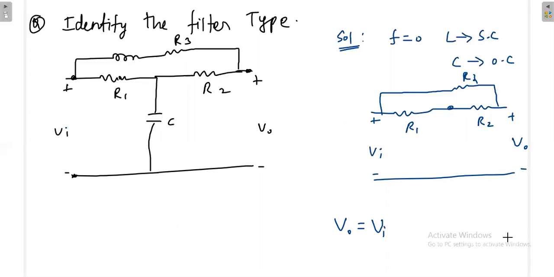Please go to the computer and do the simulation, then only you will understand. Draw the circuit, observe the input and output relationship. You give some input, 5 volt, observe the output. The output also will be 5 volt. So the output is exactly equal to input in this case. In the beginning you cannot tell, but this is like the end of the course.